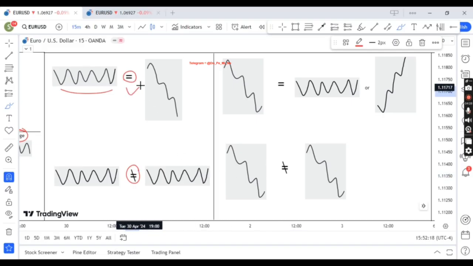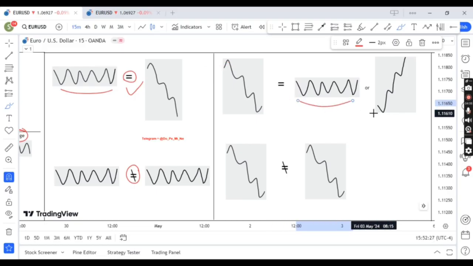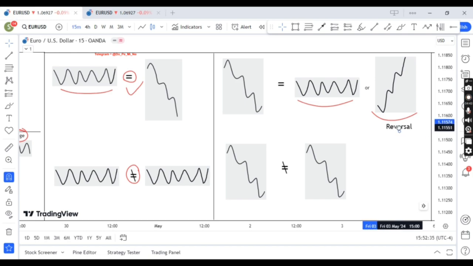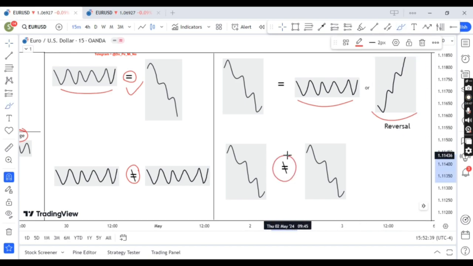Similarly, after an expansion profile has ended or occurred, we can only have three possible outcomes, which are a retracement, a reversal, and a ranging profile. That means after an expansion has occurred, we cannot have another expansion, right? We cannot have another expansion right away after the expansion profile has ended, right? First we're going to either wait for a retracement or a range to form